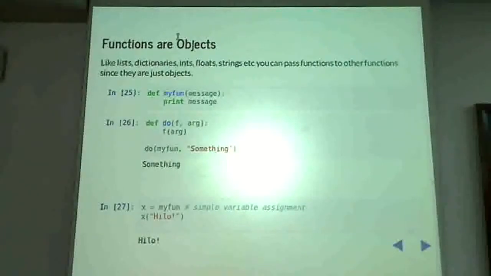Yes. Lists can have functions. Dictionaries can have functions. So for example, if I have a dictionary in which I map A to a function object f1, perfectly allowed. Okay, so I can also say something like x equal to myfun, this time without the parenthesis. So I'm referring to the object myfun. Then I can say x of hilo. I don't have to say myfun of hilo anymore because x sort of becomes an alias to the myfun function.